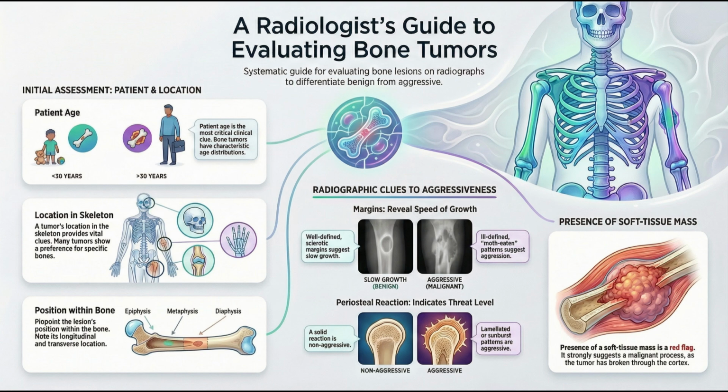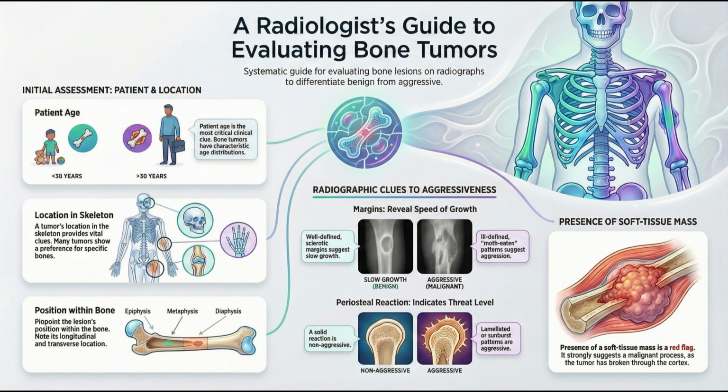Okay, let's unpack this. So before we even zoom in on the spot on the bone, you said we need 2 clinical filters. Context is king. Always. Let's start with the most important one. Patient age. Absolutely. Age instantly eliminates, probably half of your possibilities right off the bat. If the patient is younger than 30 years old, you're worried about tumors that are associated with skeletal growth and development. Okay, so what does that mean? Malignant versus benign. So the common malignant concerns are Ewing sarcoma and osteosarcoma. And then the common benign lesions in that young group, things like simple bone cysts or SBCs and non-ossifying fibromas,